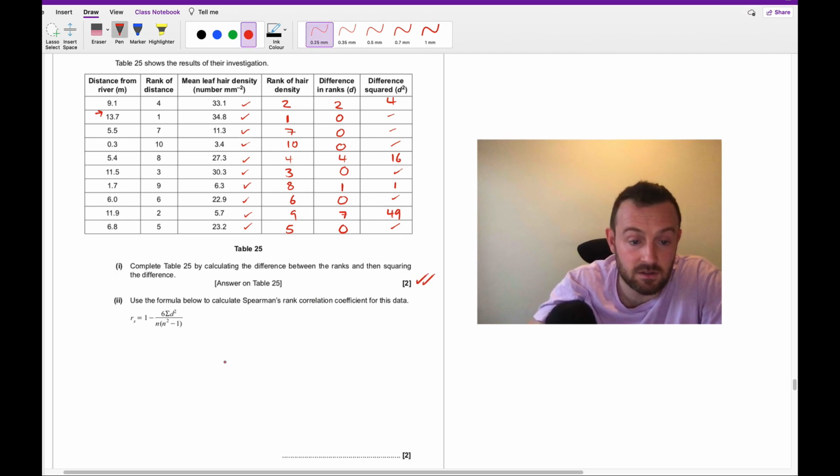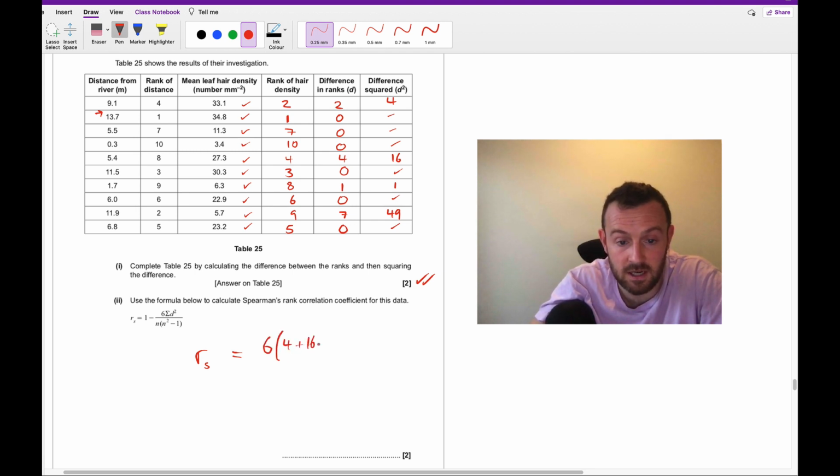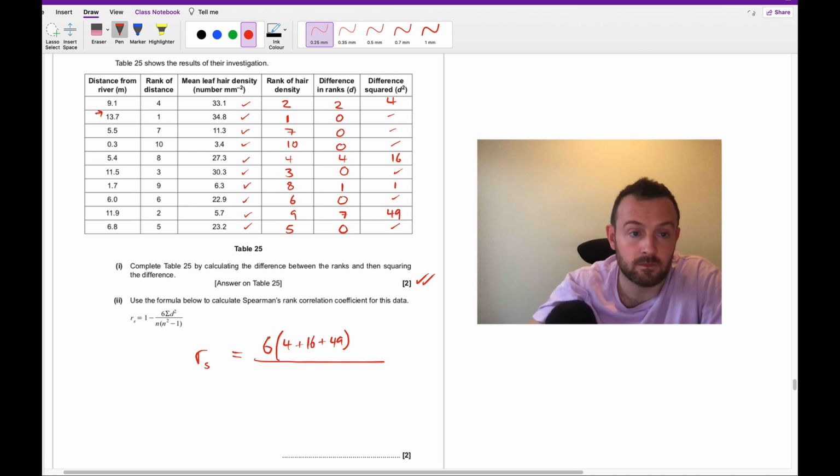Now we calculate this, so it's rs equals 1 minus 6 times the sum of the differences squared, so we need to do 6 times 4 plus 16 plus 49 over n. And n is the number of things there are. So we count them: 1, 2, 3, 4, 5, 6, 7, 8, 9, 10. There's 10 rows of the table, so n is 10, and then 10 squared minus 1, so that's 100 minus 1,